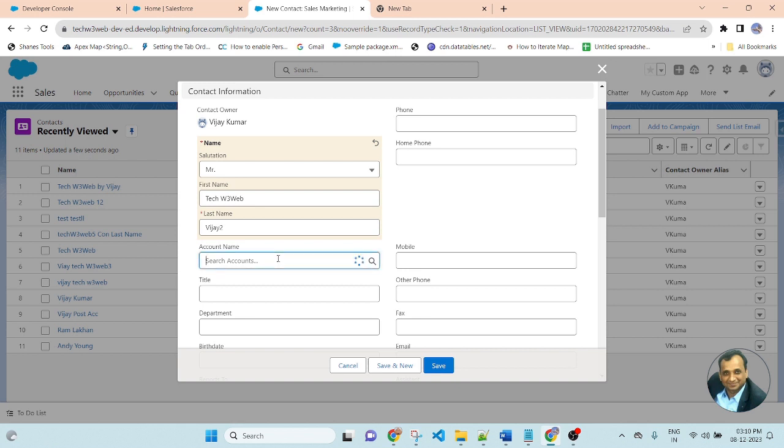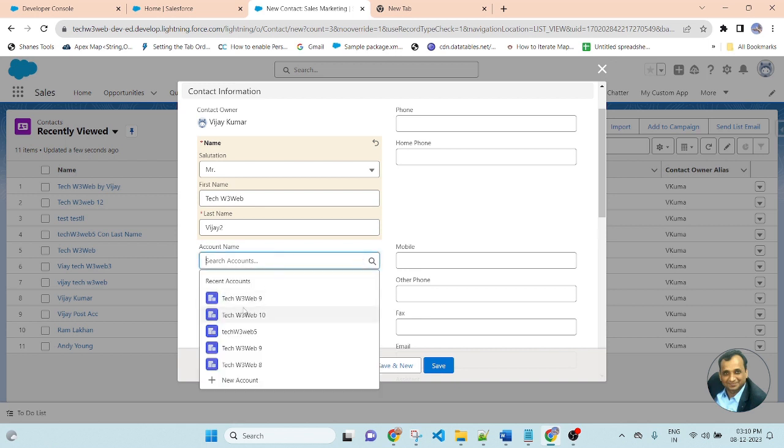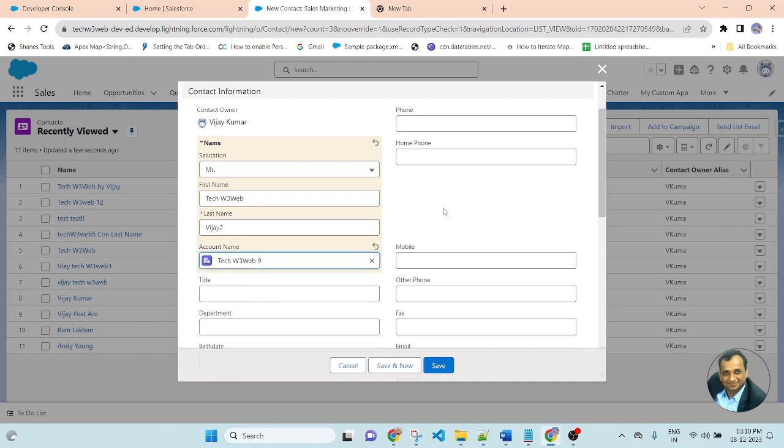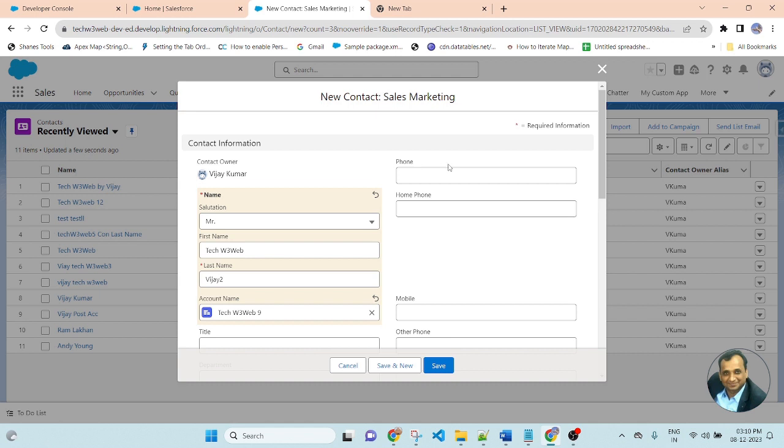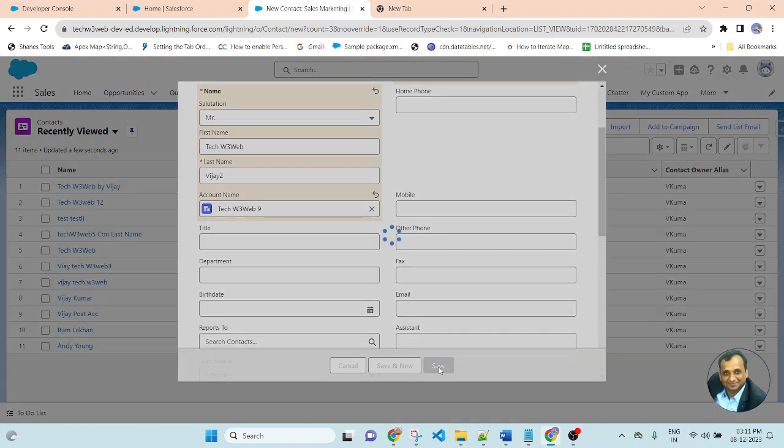Here I am selecting the account name. This time I am selecting Take W3 Wave 9. Right now in Take W3 Wave 9 there is no phone number. Now I am writing the phone number 8888 4444 23. Now save the record.